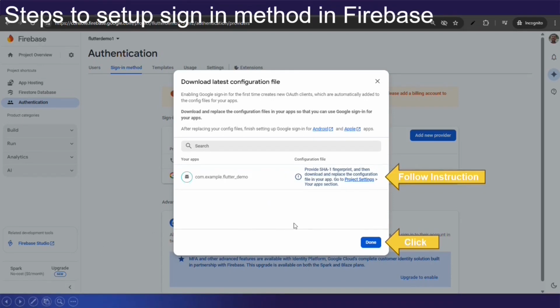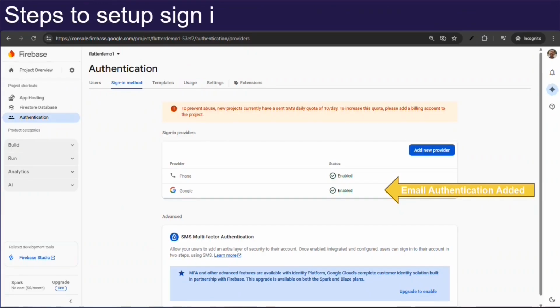So here, enabling Google sign in for the first time creates a new authentication client which is automatically added to the configuration file for your apps. So download and replace the configuration file in your app so that you can use Google sign in for your app. So you have to download these files, and then you have to click on done. Now you can see that Google sign in is added.